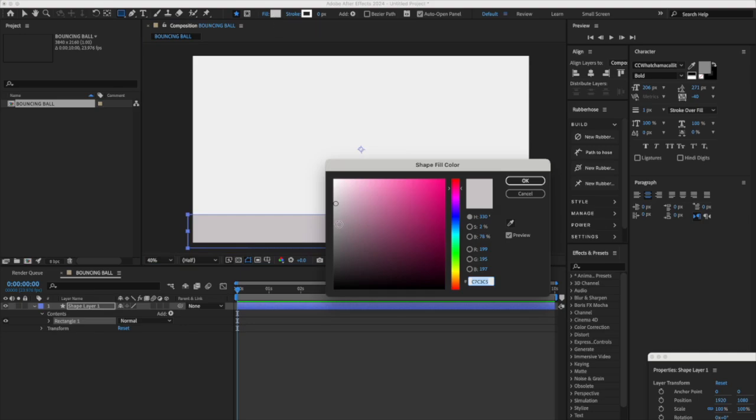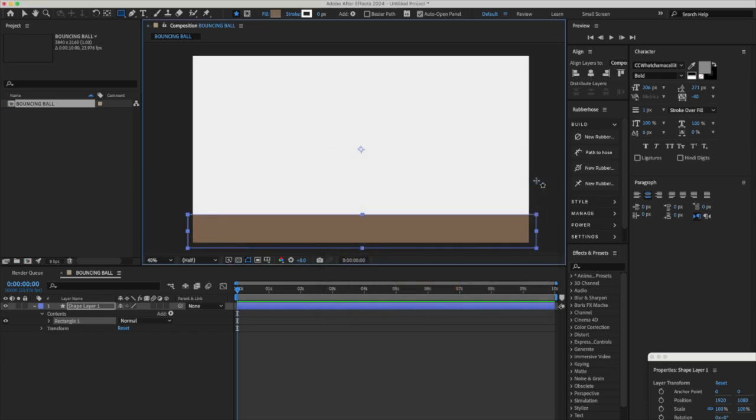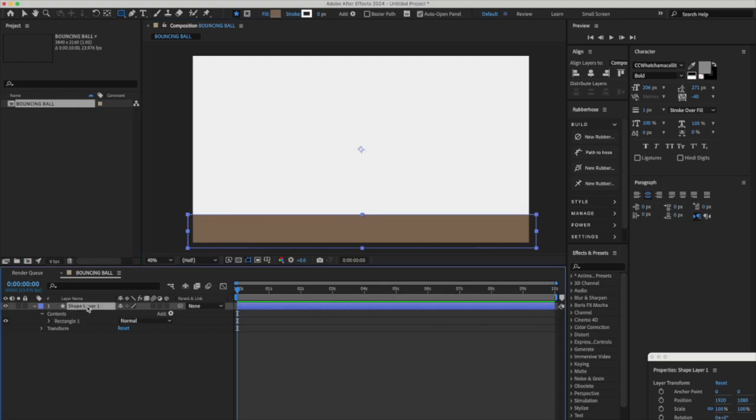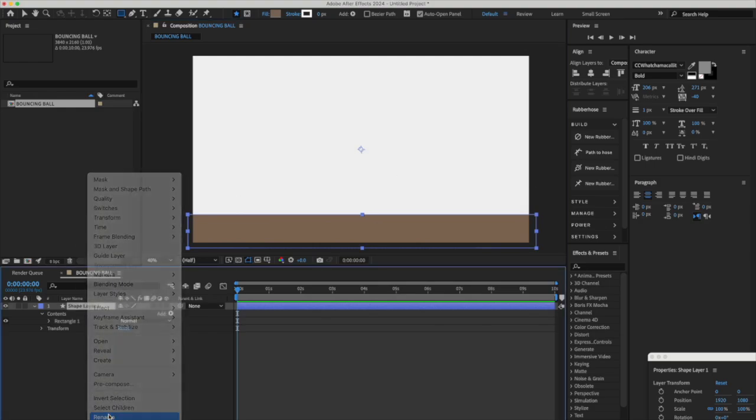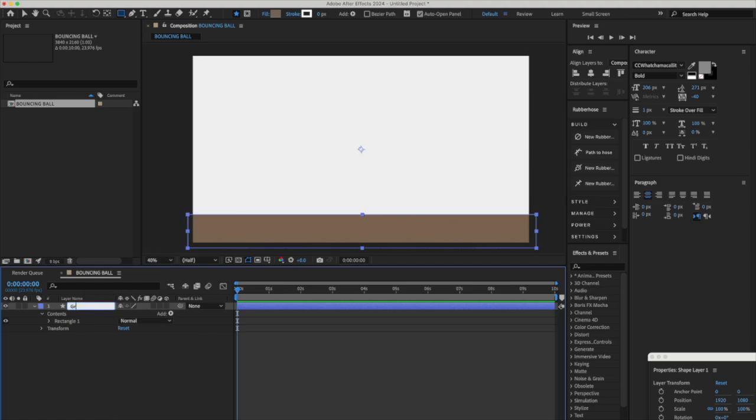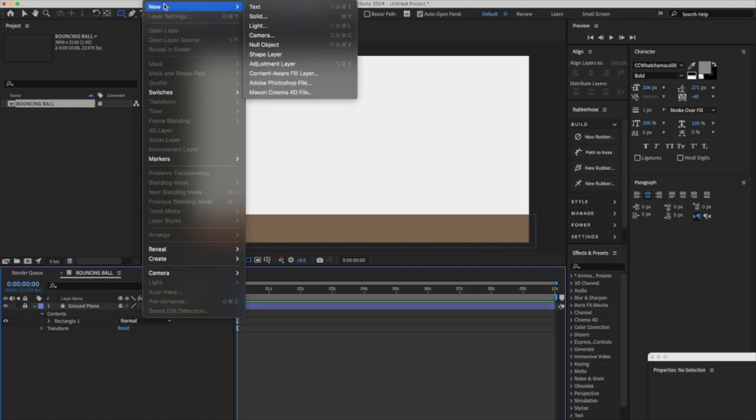And on this ground plane, maybe I'll make it sort of groundy looking, like that. And then I'm going to begin with my first ball. I'm going to call this layer ground plane, and then I'm going to lock it,